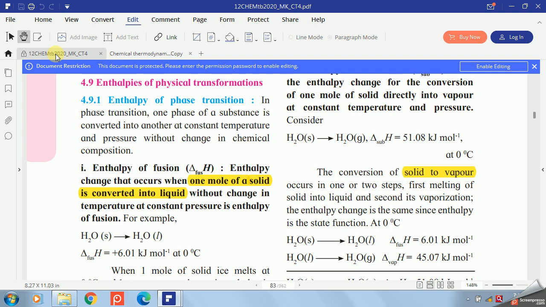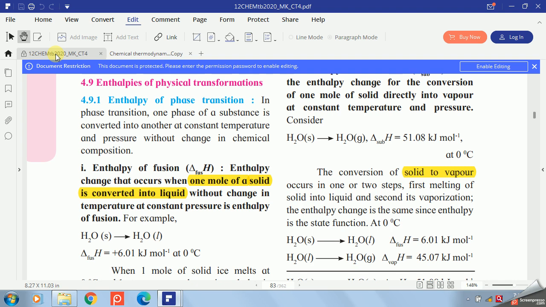All are familiar with enthalpy. Enthalpy is nothing but the sum of the internal energy and pressure-volume type of work. Also, all are familiar with phases. There are three different phases: solid, liquid and gas. Now we have to consider the enthalpy change during the phase